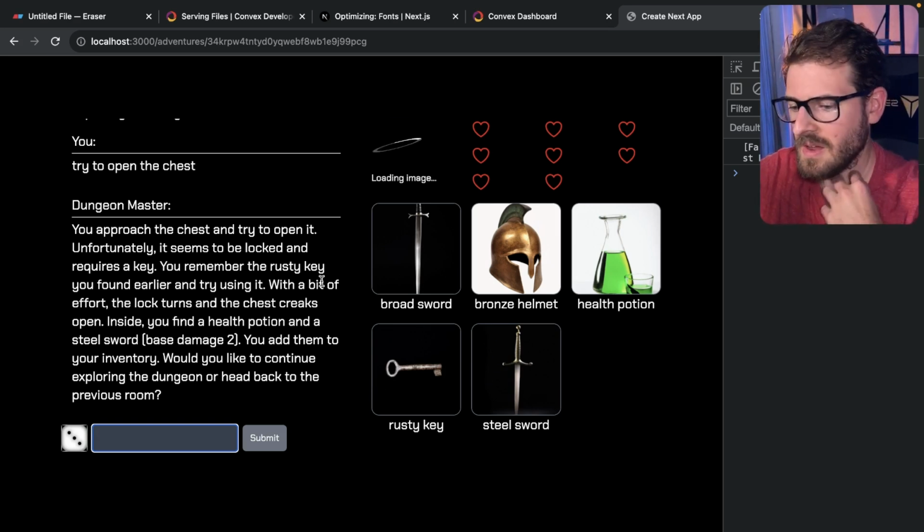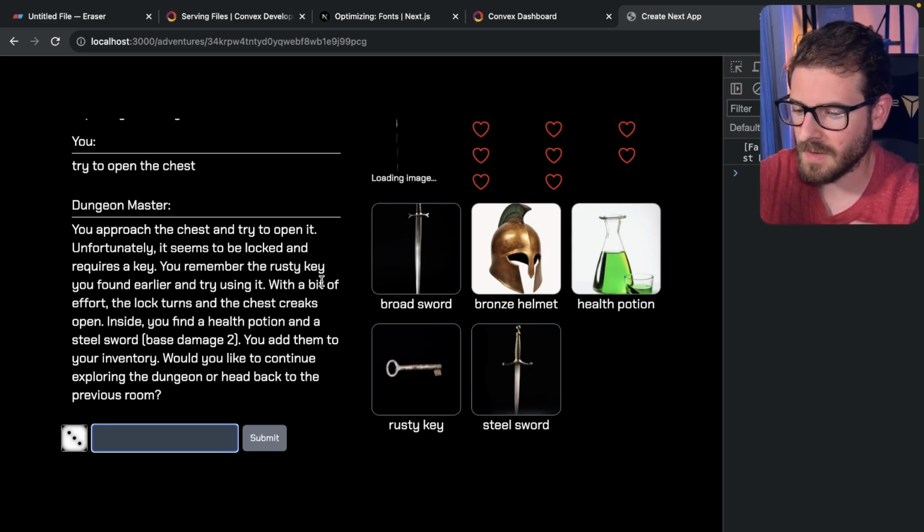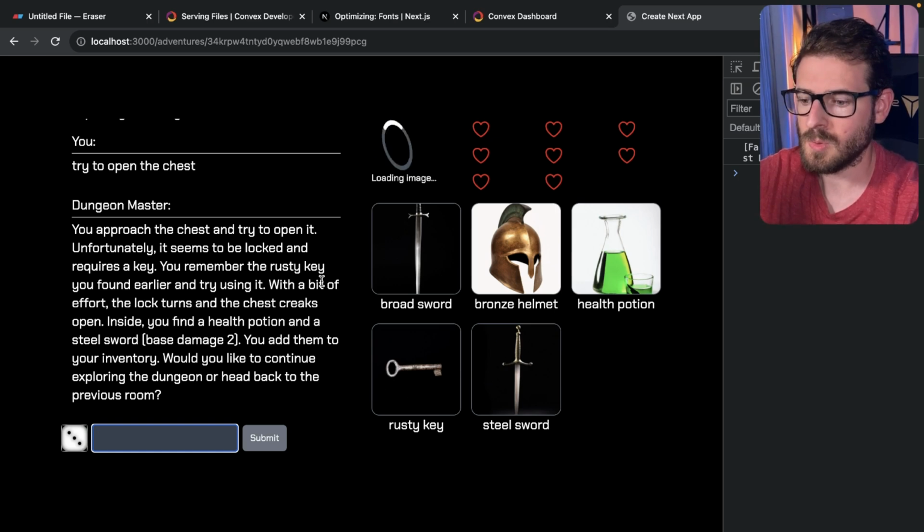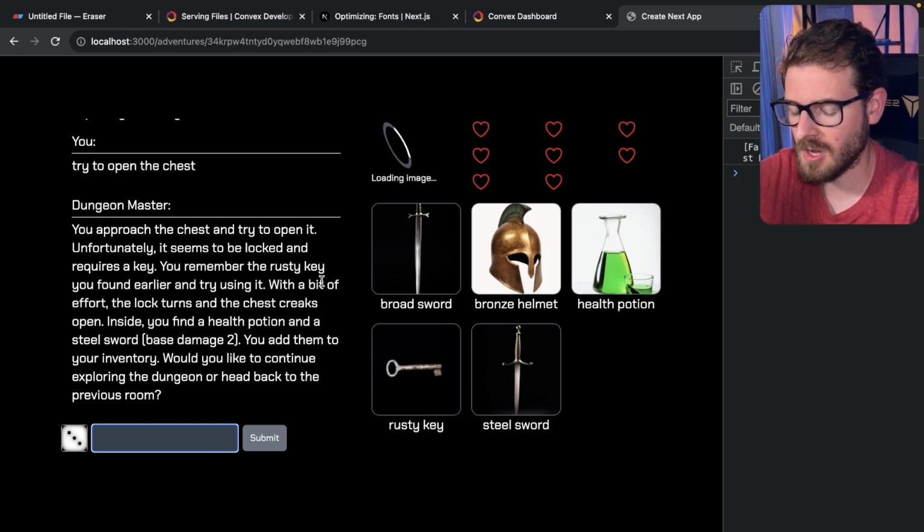Okay, so this is, I think, as far as I'm going to take this project. I could obviously spend plenty more hours polishing this up and trying to make it perfect. But I just wanted to show you how quickly you could build a really awesome potential hackathon submission using Convex, using Convex storage. You saw how easy that was, using the actions to talk to OpenAI. I'm generating images, I'm generating text. So with this 2 to 3 hour tutorial video, I'm hoping that you all with 2 full weeks can build